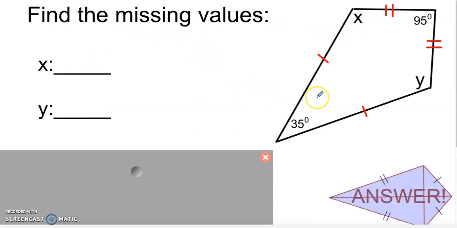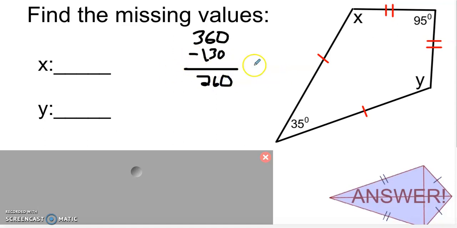All right, so taking a look at this problem, I've got a kite. My vertex angles are the angles here that have degree measures. So I'm going to take 360 and subtract 95 and 35. And 95 and 35 added together is 130. So that's going to leave me with 230 degrees to be shared between my non-vertex angles. So I take my 260 degrees and I divide that by